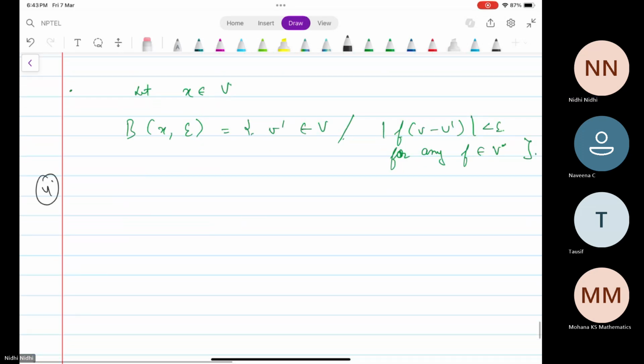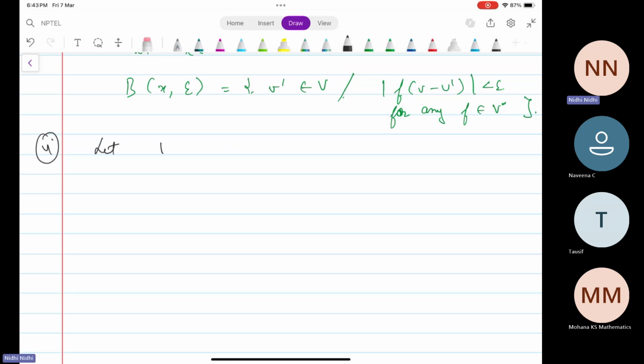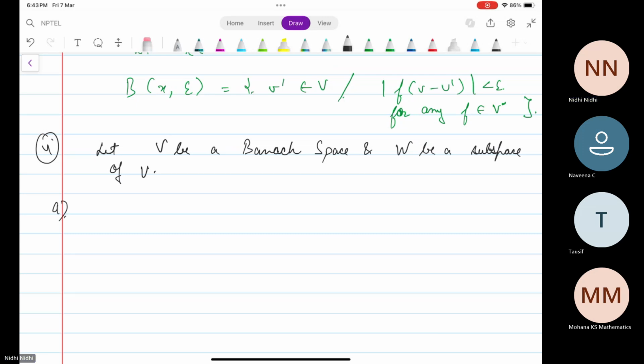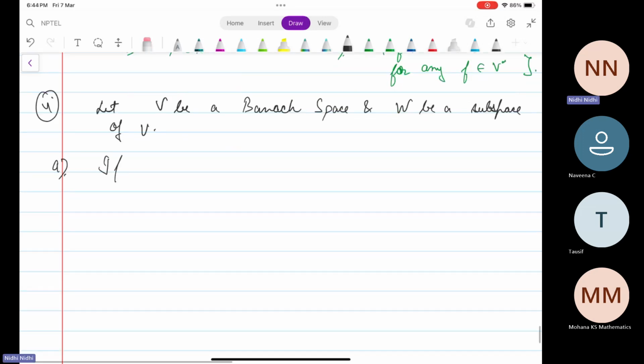Question number 4. Let V be a Banach space and W be a subspace of V. Part A says that if W is closed, by closed I mean strongly closed, then